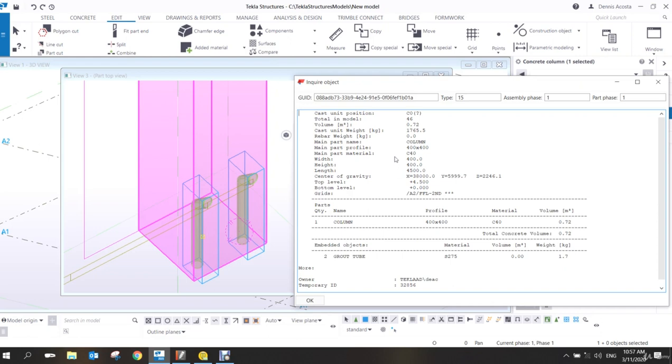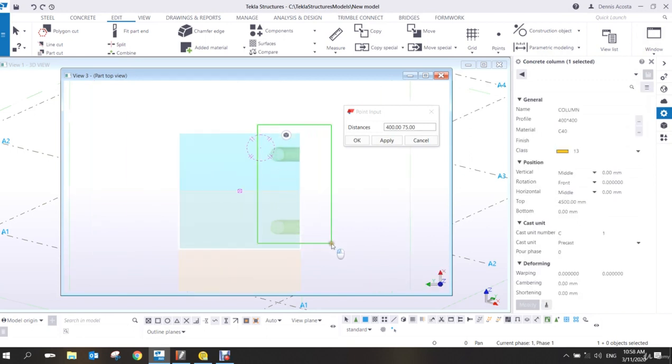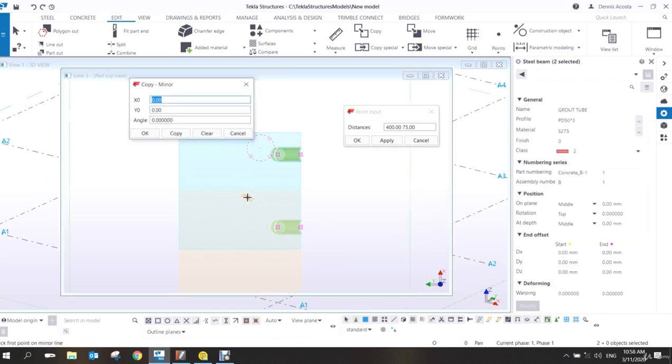But in case that you have many grout tube, before you copy, you add it to the column, so that when you copy it to the other place, then it will be part of the column already. So like this one. So the grout tube are already part of the column, right? So if I select the grout tube and then copy mirror, so copy mirror here,